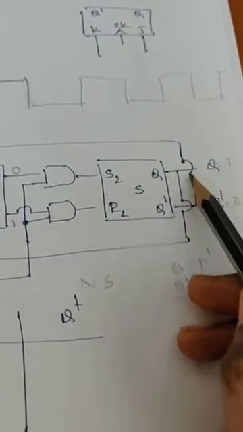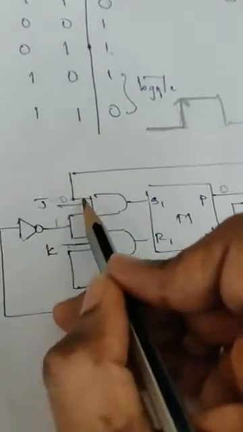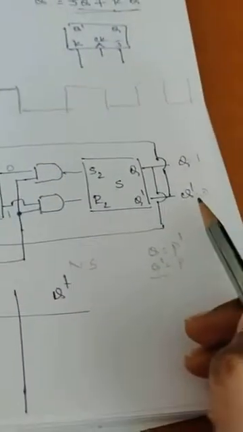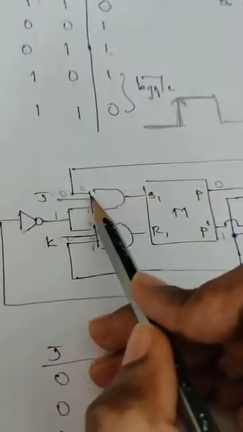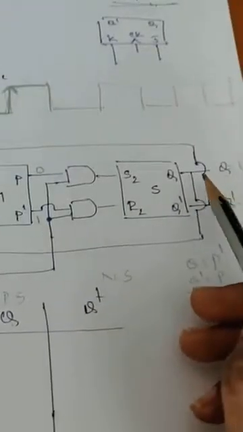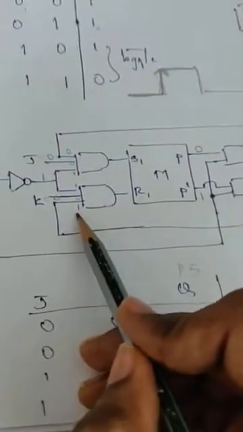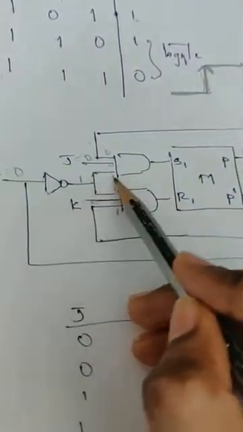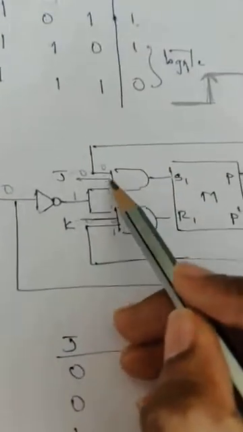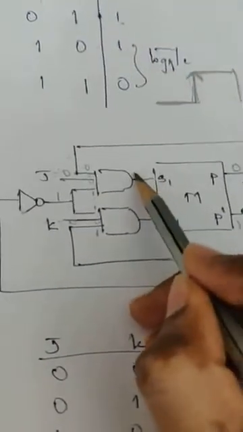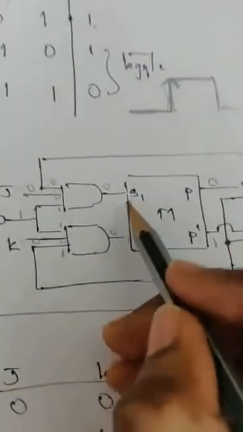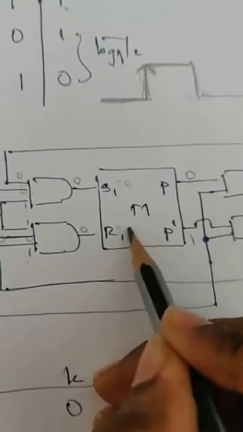So what is this input then? I have taken a connection from Q bar to J. If Q is 1, Q bar is equal to 0, so this will be 0. We have taken a connection from Q bar to this AND gate input, and from Q to this AND gate input. Q is 1, Q bar is 0, so J is equal to 0. This clock is 0, it will be converted to 1, so 1 I have written, 1 I have written. So 0 0 1 and 1 0 1, the output will be 0. In this AND gate both are 0, so S will be 0, R will be 0.